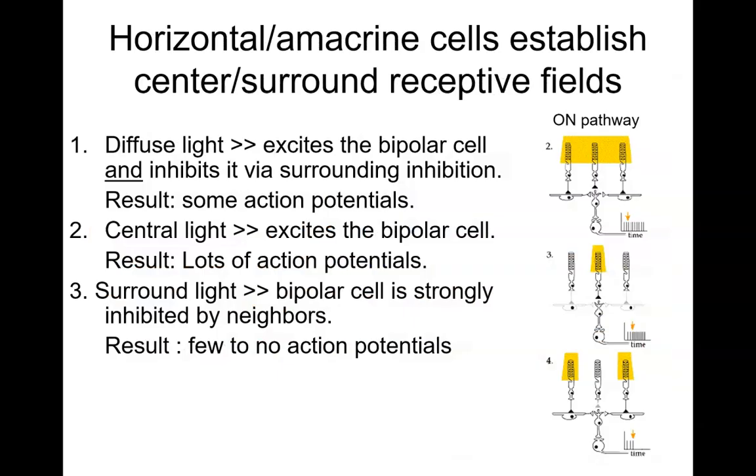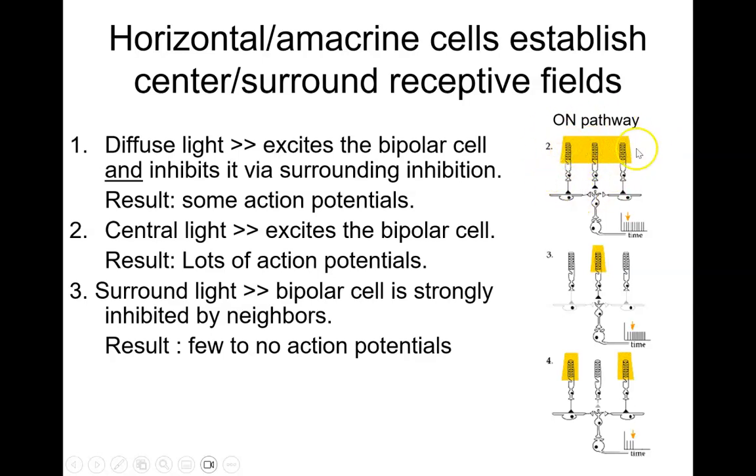So here's the last slide today. So the horizontal and amacrine cells ultimately are going to establish center surround receptive fields that we see in the bipolar cells and the ganglion cells. So let's talk a little bit again about those layers of the retina to help. Again, horizontal and amacrine cells are going to be those inhibitory neurons. So we can see in this particular case,